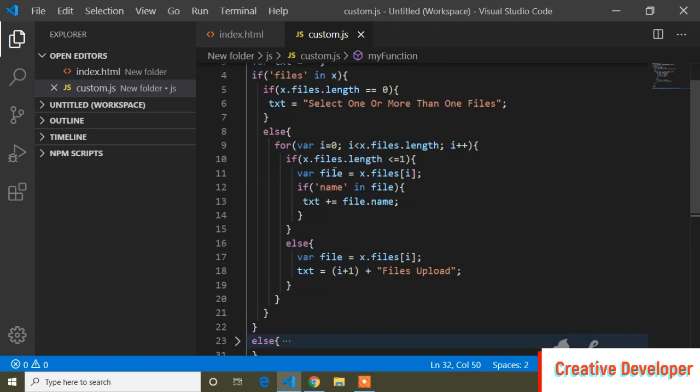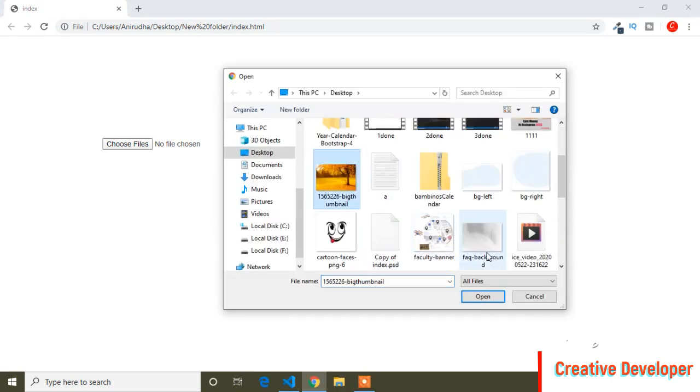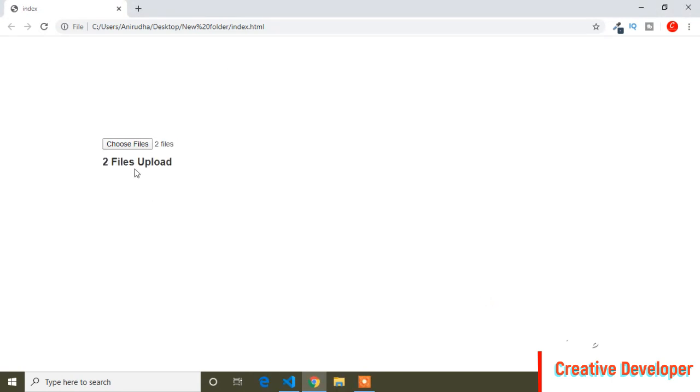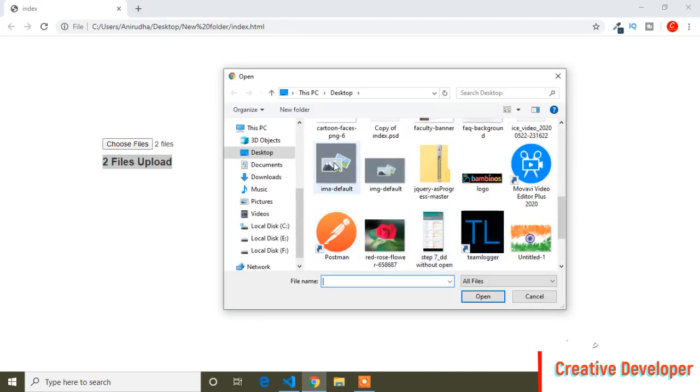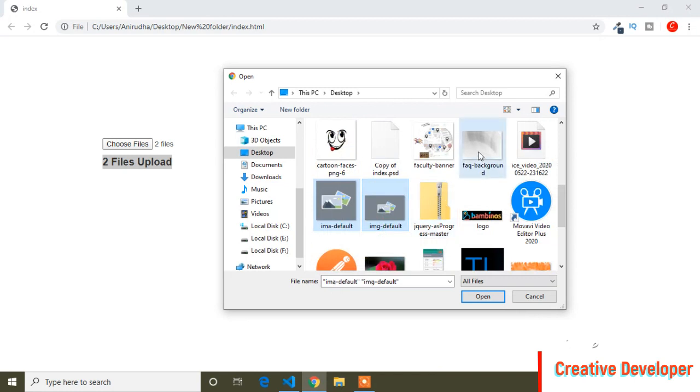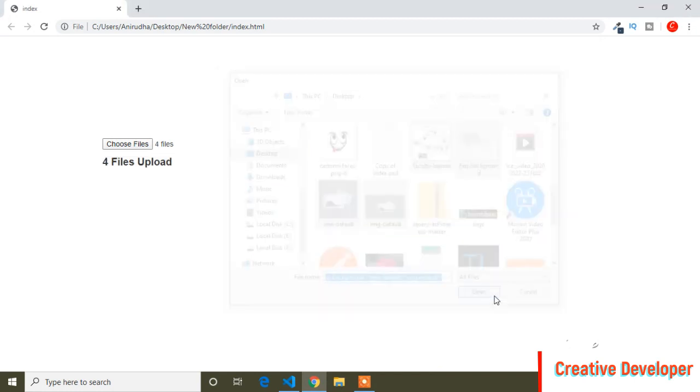So I will open this code, and here I have to add space. So I will get space here. So suppose here I am uploading 2 files, you can see 2 files uploaded, and if I upload more than 2 files, I am selecting here 4 files, so you can see 4 files uploaded.